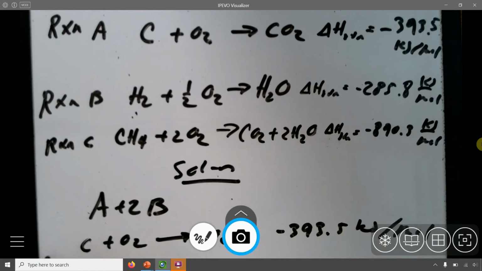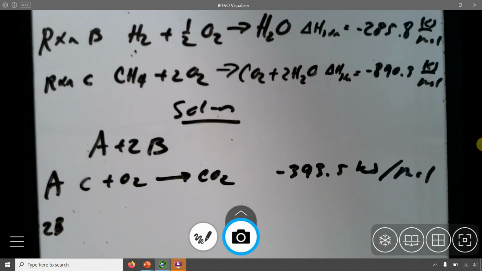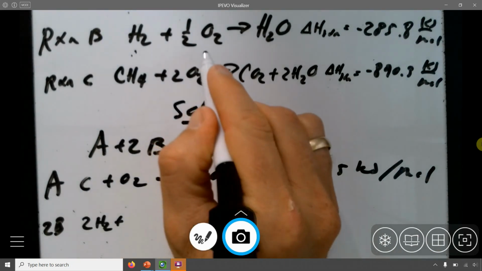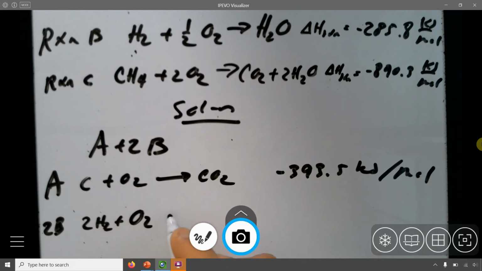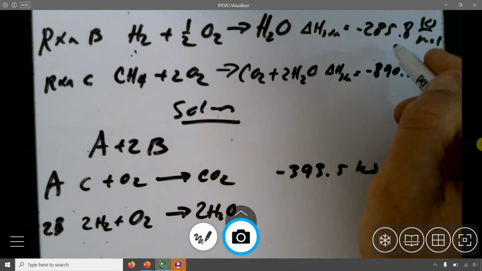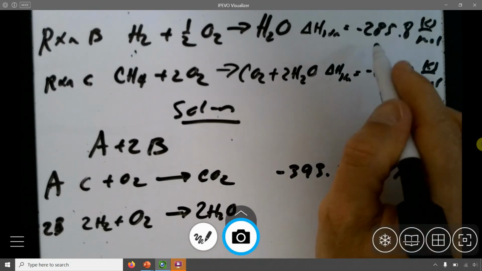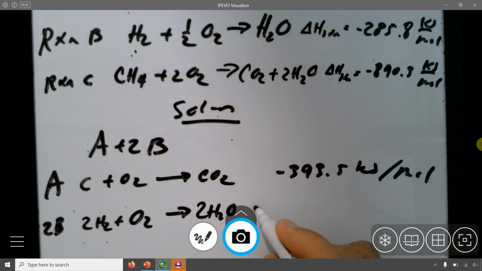2B though, this is A, 2B is double B. So now I'm going to do 2 H2s plus, well, 2 times a half is 1, 1 O2, and that's 2 H2Os. 2 H2Os. And now I will have twice this. So negative 285.8 times 2,